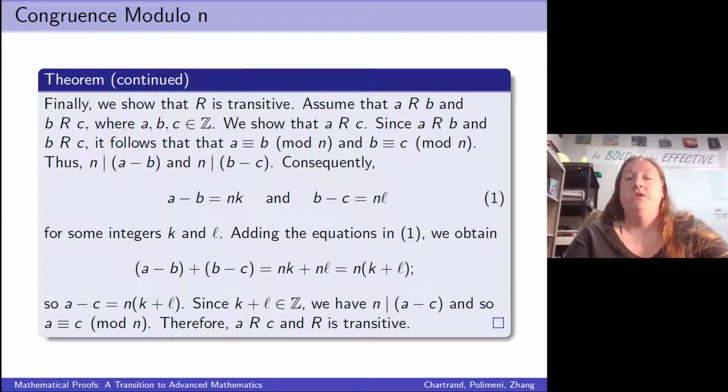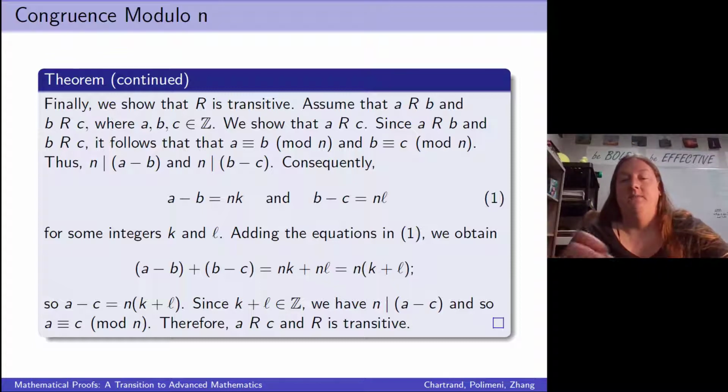Now, to show that a relation is transitive, we're going to assume that a is related to b and b is related to c, where a, b, and c are integers. Now, a is related to b means that a is congruent to b mod n, and b is related to c means b is congruent to c mod n. Well, that means that n divides a minus b and n divides b minus c. So a minus b equals n times k, and b minus c equals n times l for some integers k